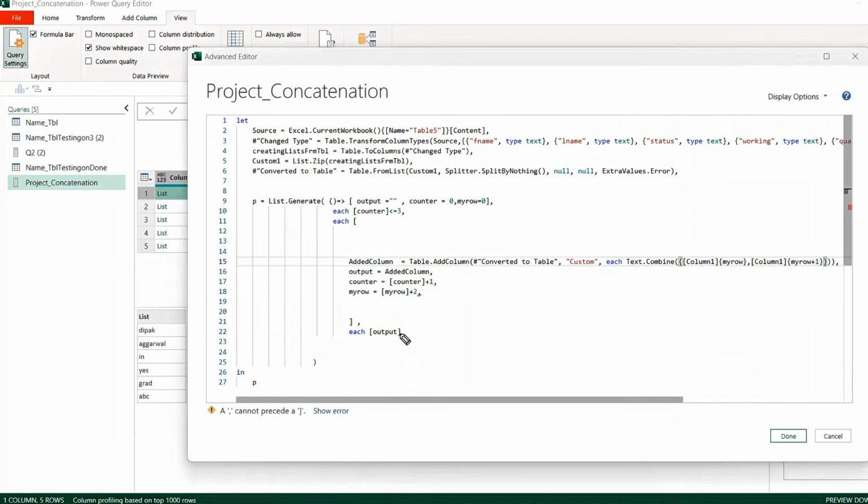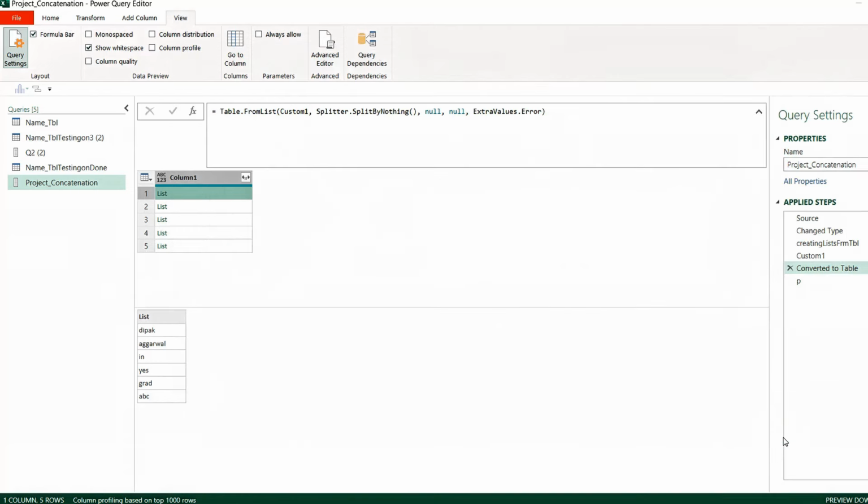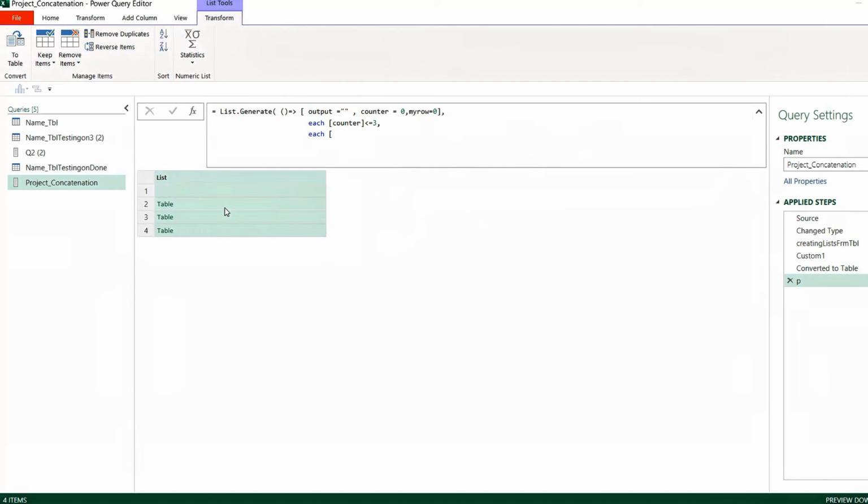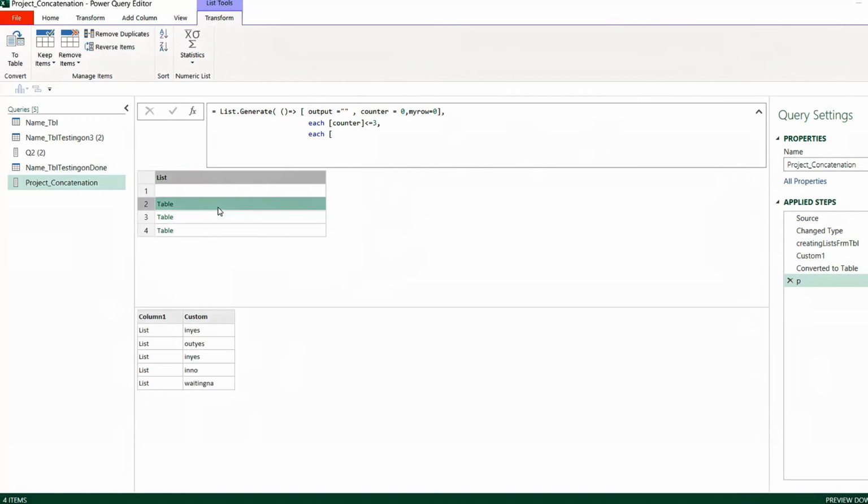That's why I have written the 2 here. And let me first of all remove this comma. I hope this is clear to us, right? Now let me press done and let's see what is going to happen. Let's click here and see what is going to happen. Look at this now. You are able to join, but